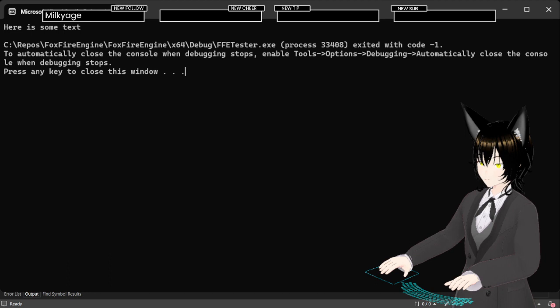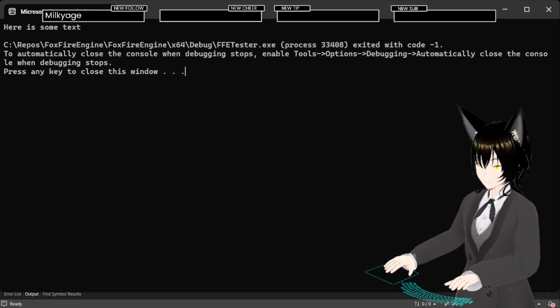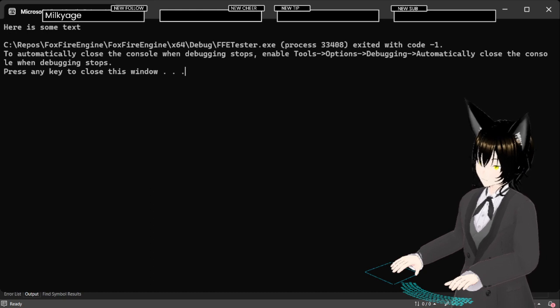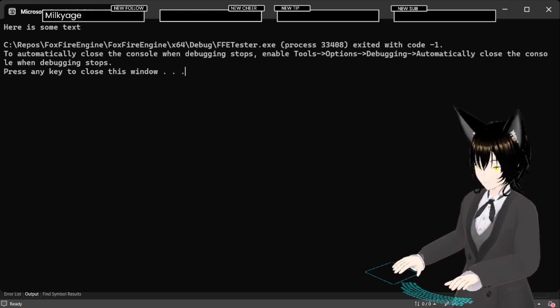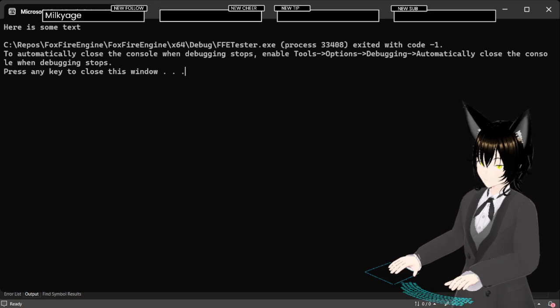So that's an access violation. That's strange.